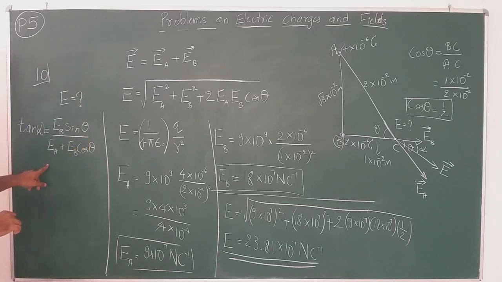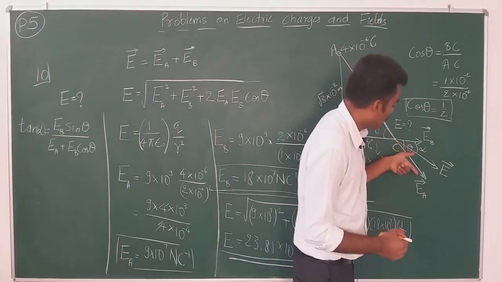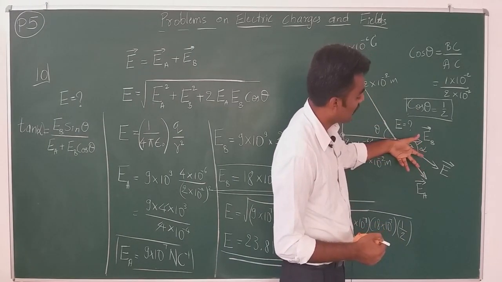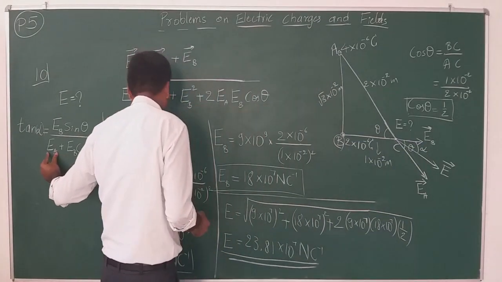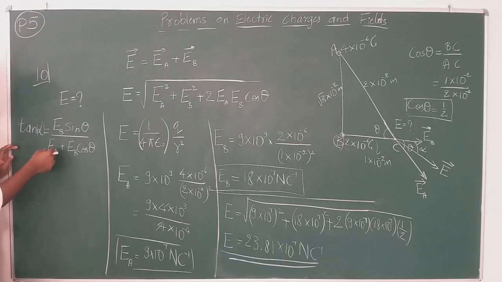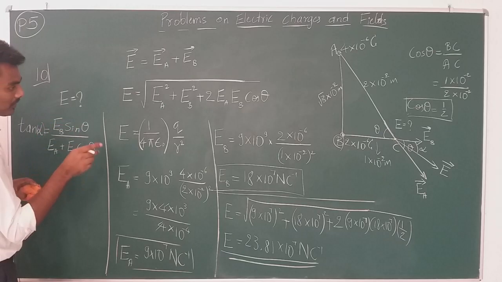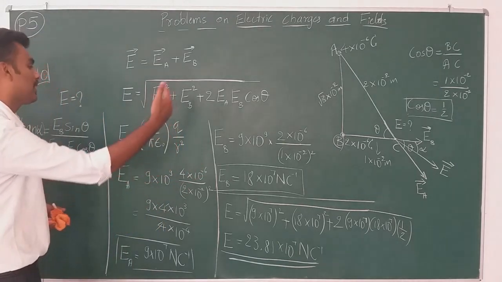Now I can take either EA or EB in the numerator. That depends on with respect to which vector am I taking the resultant vector. So this factor here in the denominator decides with respect to which of the vector the resultant is. EA is the vector with respect to which now we are measuring the angle alpha. But here let me take it with EB.